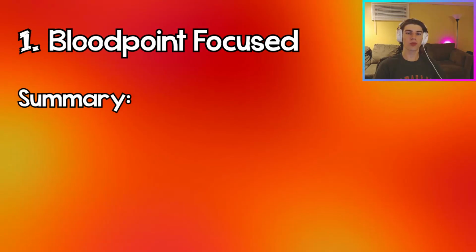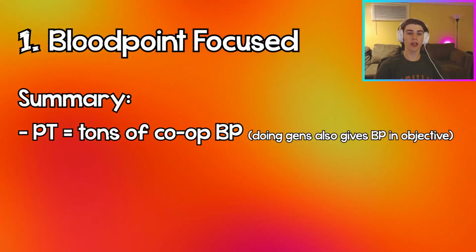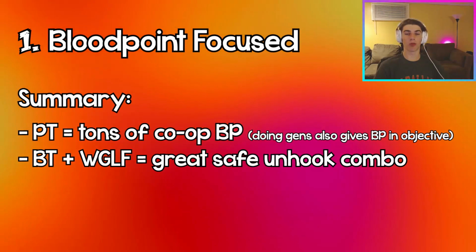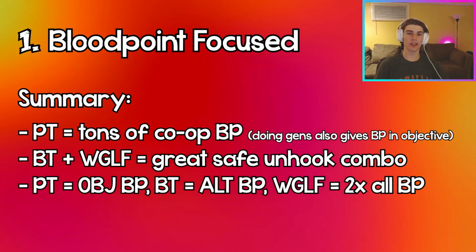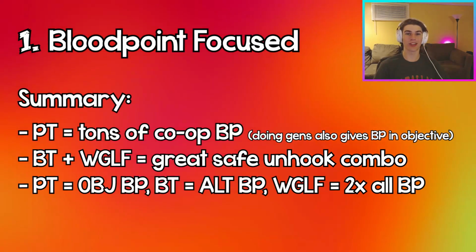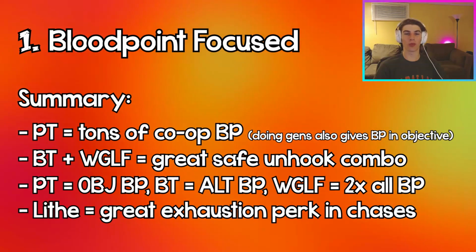So these 4 perks work super well together because you get a ton of blood points in the objective category with Prove Thyself, and then it's really easy to get the safe unhooks with the Borrowed Time and We're Gonna Live Forever combo. So you're going to be getting a ton of altruism and objective blood points, and then at the end of it, you're going to be getting double the blood points on top of that with We're Gonna Live Forever. Finally, tying all of these back together, Lithe is super good because this will help you out in